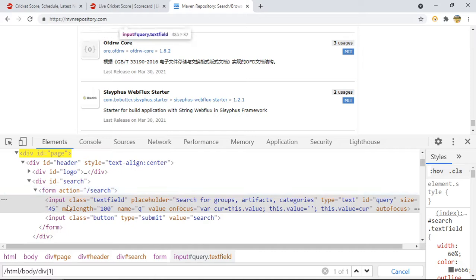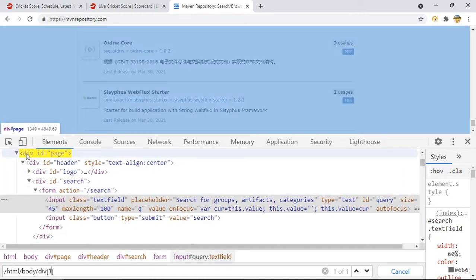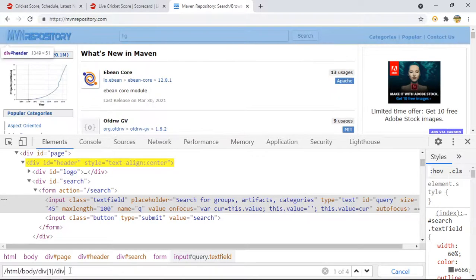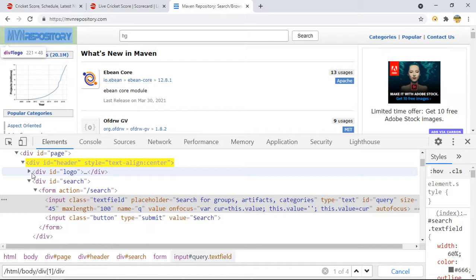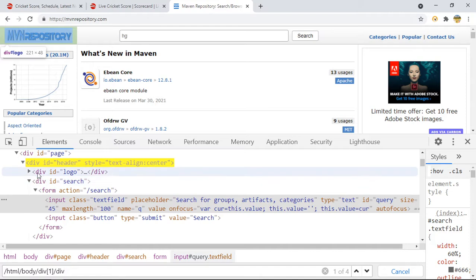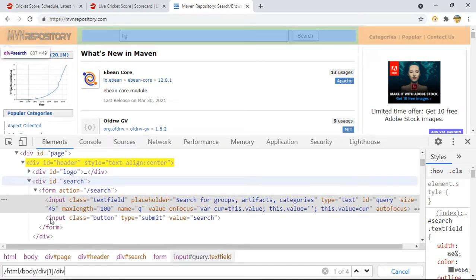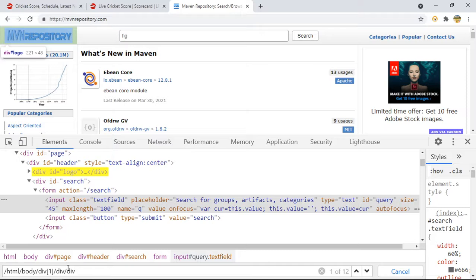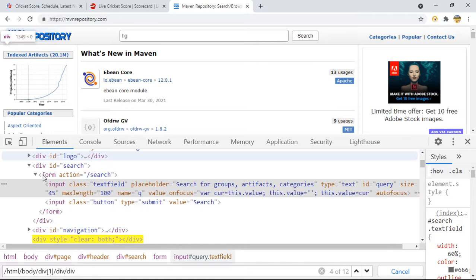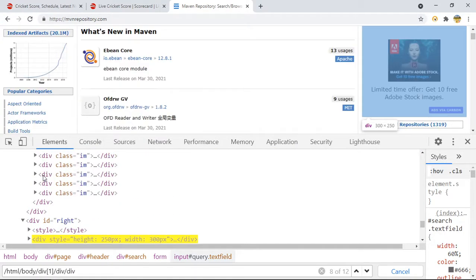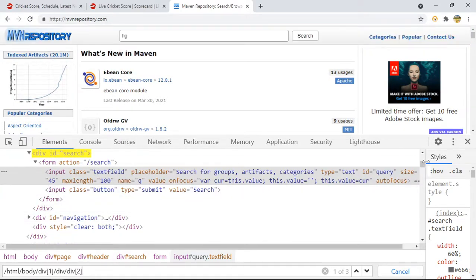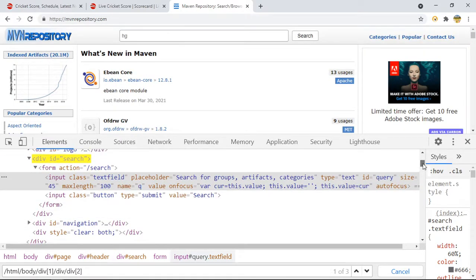Once I am here, I want to reach here. So after that, I first go inside div again. I will say slash div. Now you can see I am here, right? If I want to go to the second div, you can see there are a total of 2 tags, both the same. If I simply say slash div one more time, it will identify one more on the bottom, right? So it will start highlighting everything, but we want to go to the second one, so it is highlighting this.